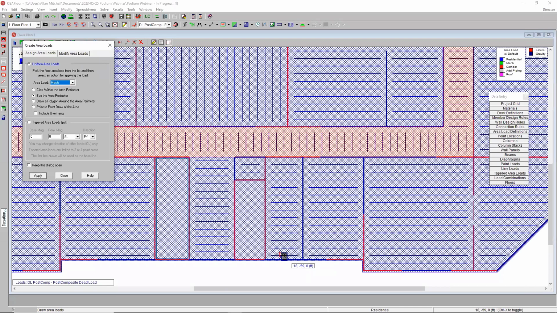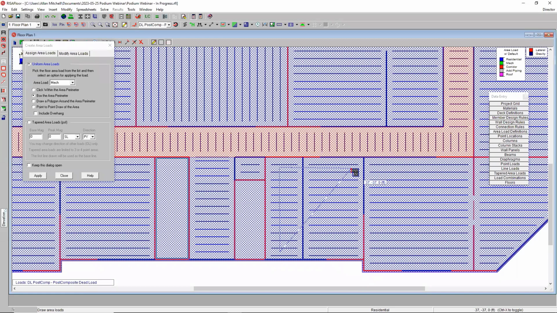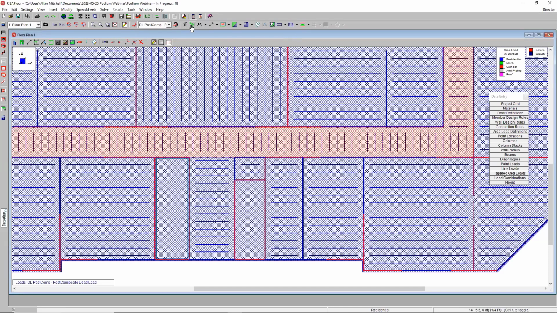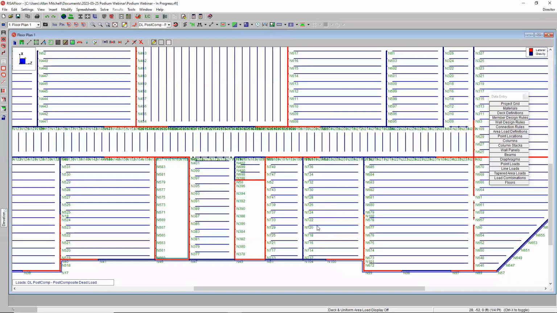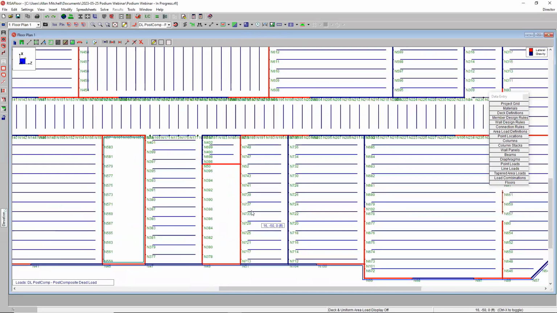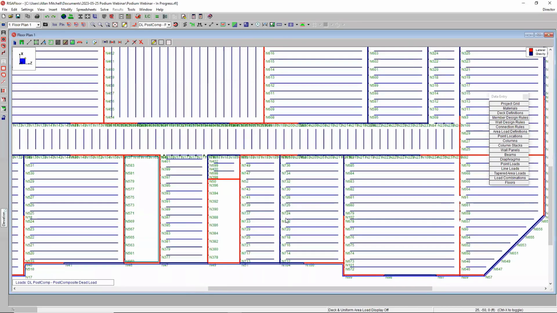You can see that when I'm hovering, I get coordinates because now I have universal snaps turned on, and I can click to invisible snap points behind the model here. Now let's see if I could click them correctly. We could also turn on our node labels. That's also helpful to allow you to see what's going on with this picture,